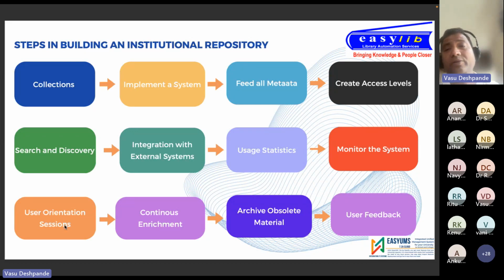You want to conduct user orientation sessions. The day you build your digital library, implement a system, and feed in all the collection, one of the first things you should do is conduct an orientation session for the students. Those of you who are Easylib customers, we will be happy to either participate in person or conduct a detailed orientation session on your digital library for your students. So the important step is to make sure that you conduct awareness sessions for your students, researchers, faculty, the freshers,